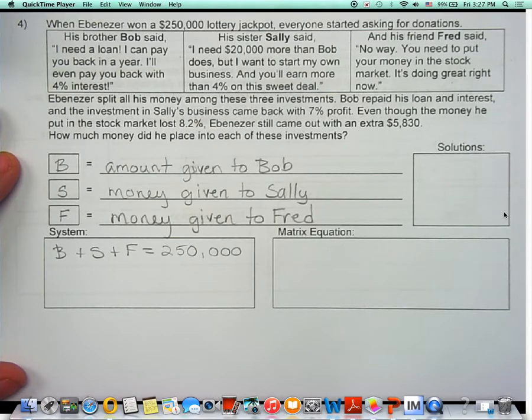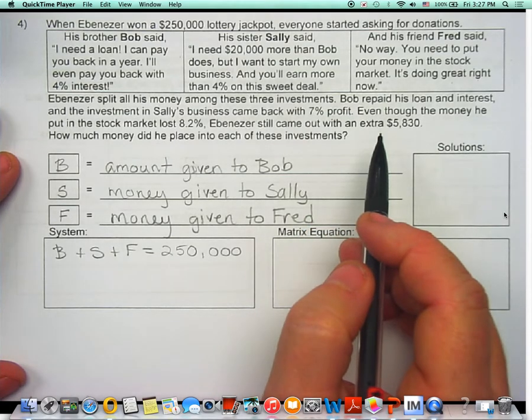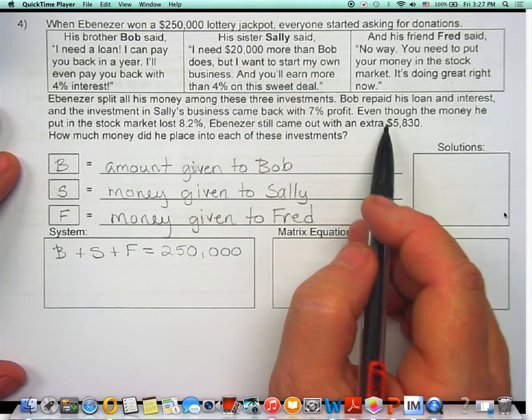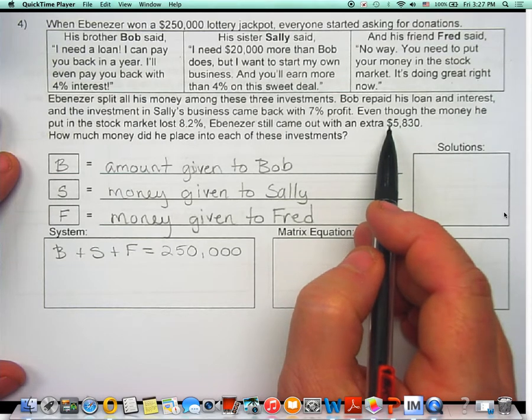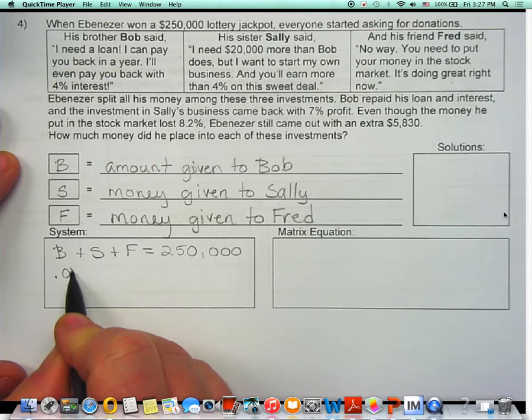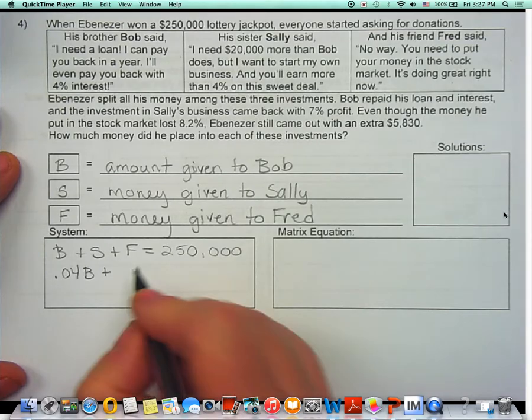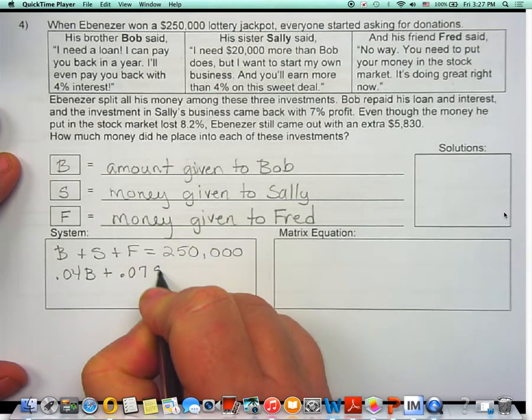That's a good one. Something with the percents. B plus 0.04, or wait, B plus 0.04% B. I know what you're trying to do. All you need is the extra amount that they made, because we have an extra. See, that's extra. So all you really need is 0.04 B, plus 0.07 S, plus